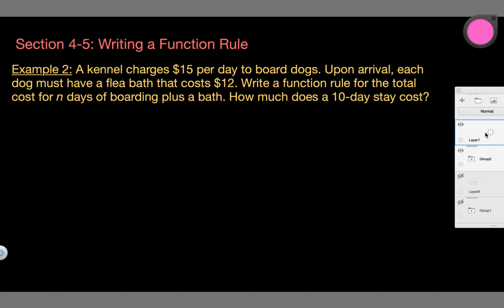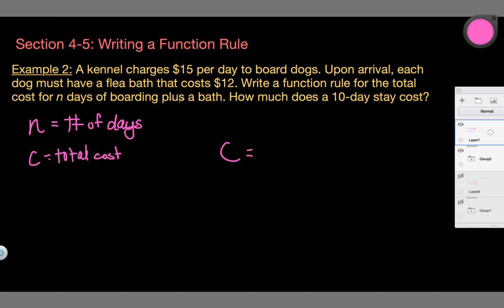So there's two things that are variables. It already tells us what one of them is. It says that n is the number of days that the dog is being boarded, and then we need to come up with our own. We're also talking about money, so we want to know the total cost. Okay. So total cost is usually going to be on its own, right? So our total cost equals everything that's being added up for all of those days that the dog's in the